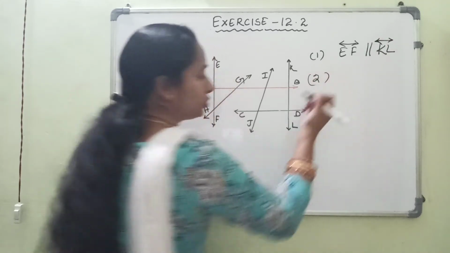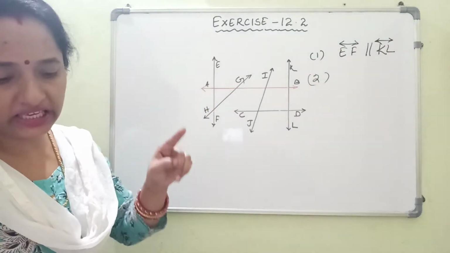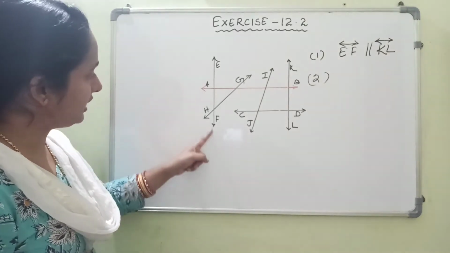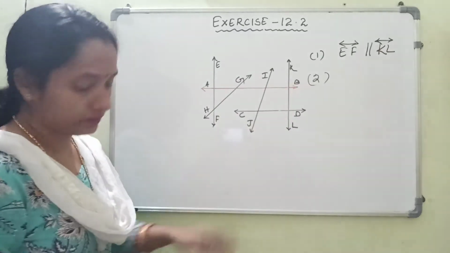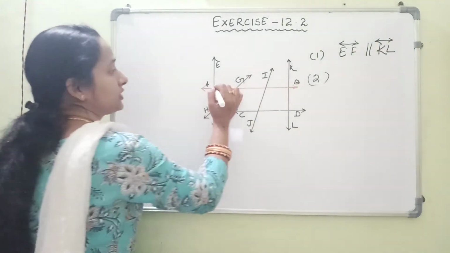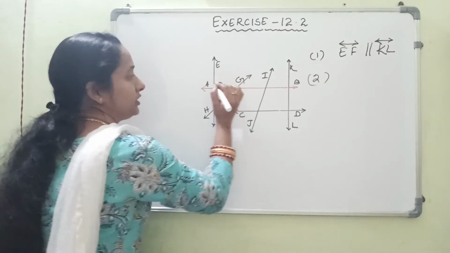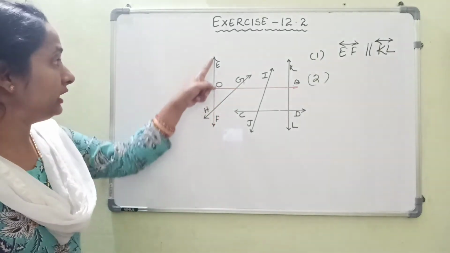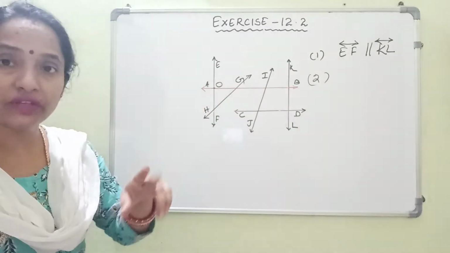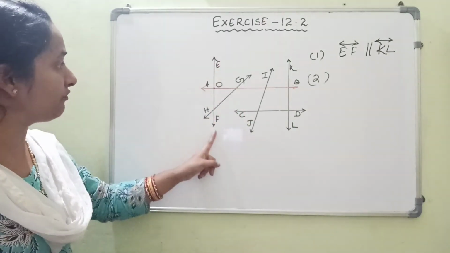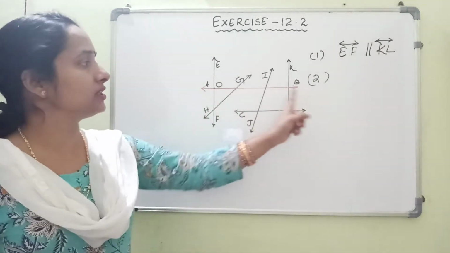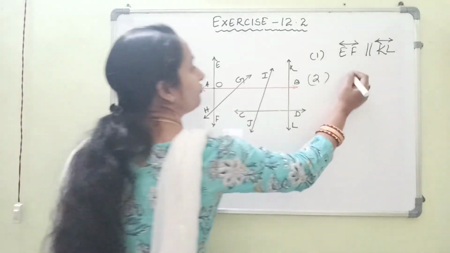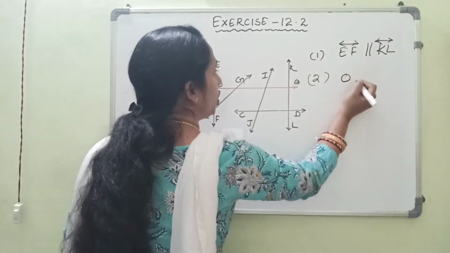Okay. Now let's come to the second bit. We have EF and AB intersect at point dash. This is EF and this is the line AB. What is the intersecting point? Here the intersecting point we have not written. It is given as O in the book. Intersecting point means the point at which these two lines meet. EF is this line and AB is this red one. They both are meeting at the point O. So the meeting point of EF and AB is O.